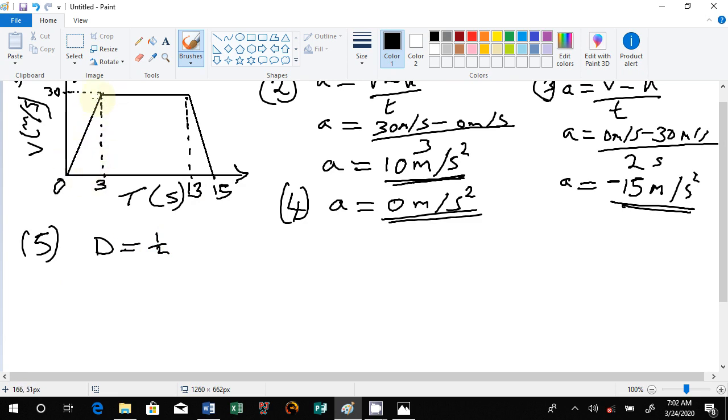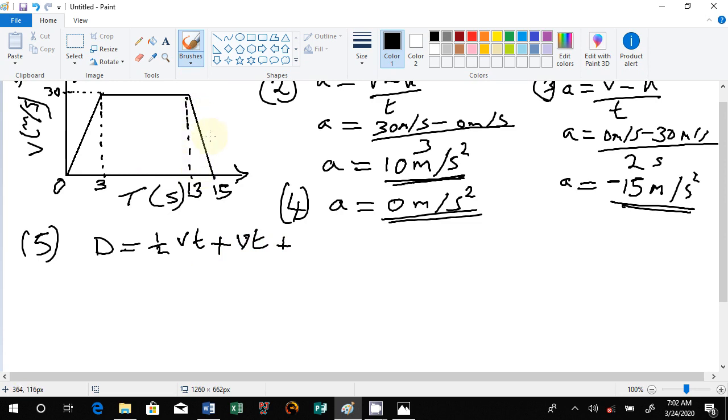This time I will say velocity times time, so I'll say half VT, plus the area of this square, which is LB, but I'll replace them with VT, velocity and time, very important, plus the final triangle there,